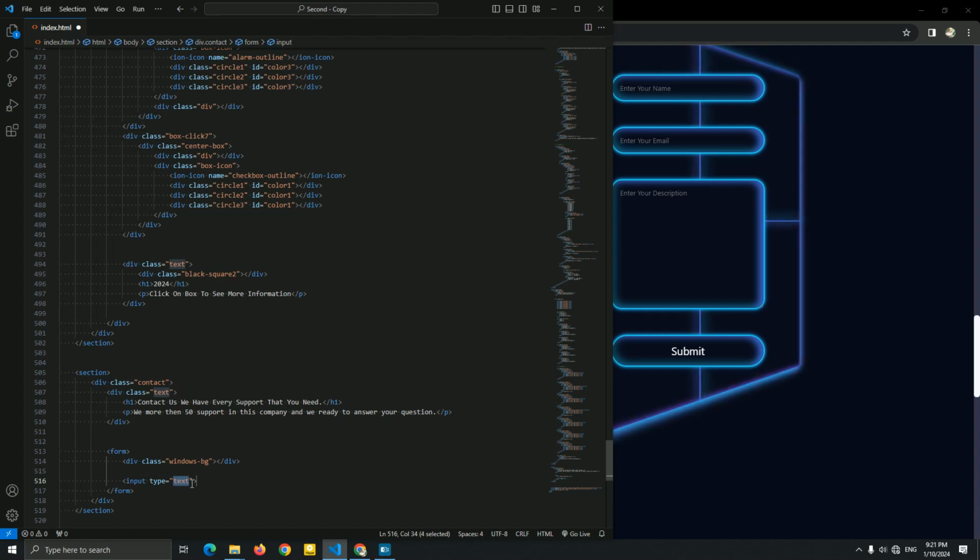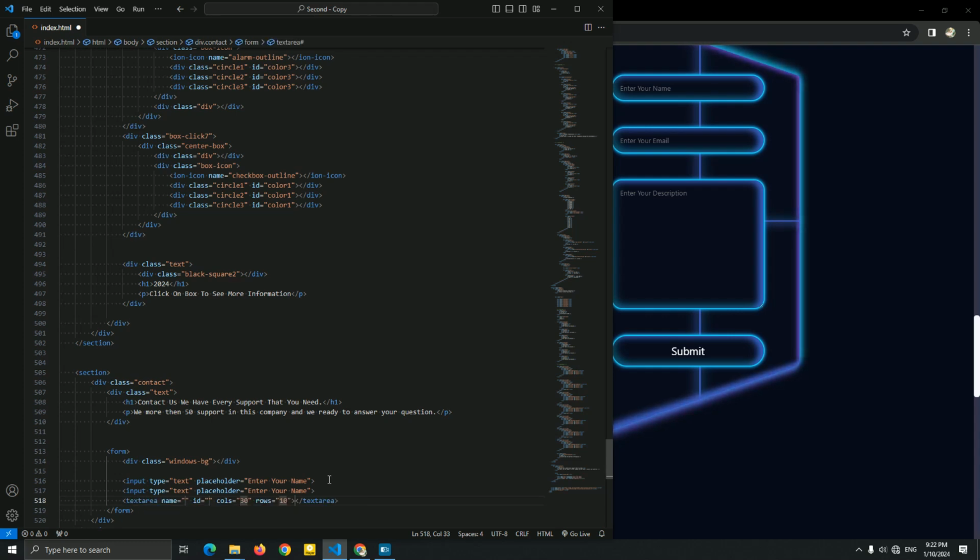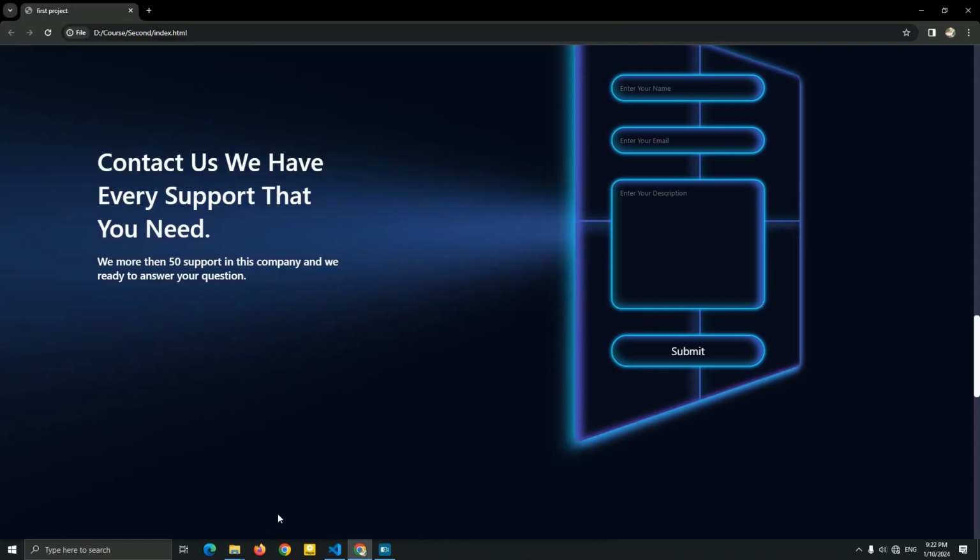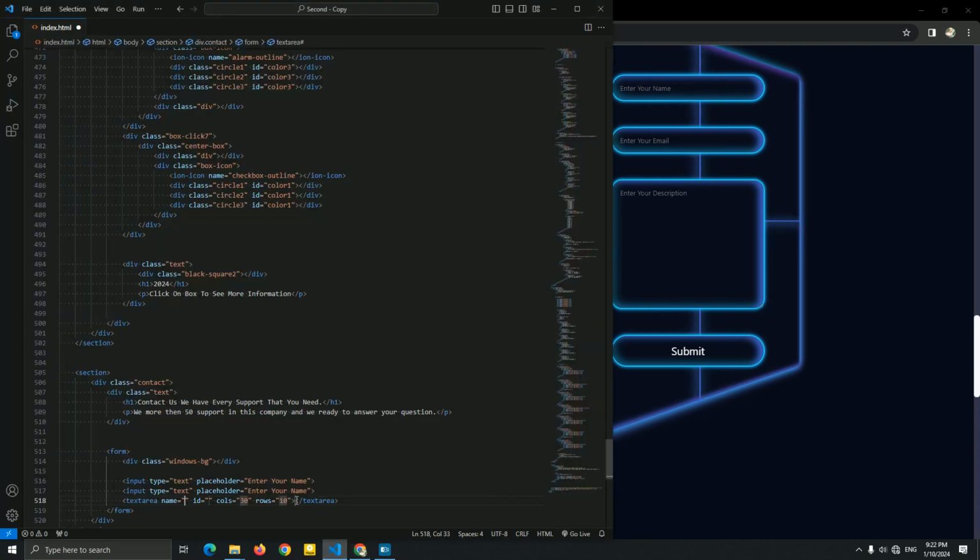Type a text, and let me add a placeholder. Okay, let me just copy this and paste it. Text area. Okay. Text area, let me add a placeholder for this.